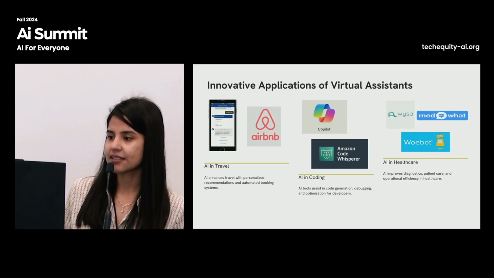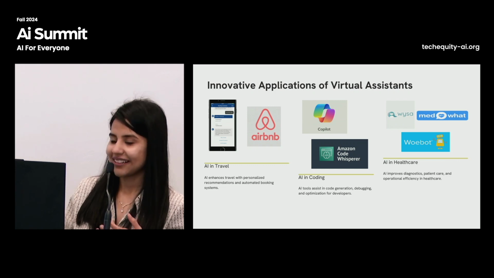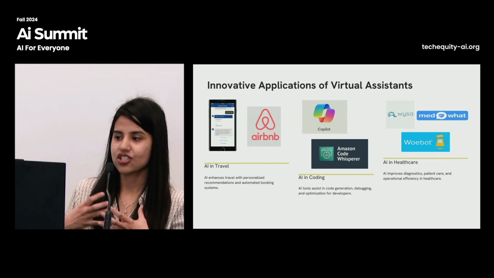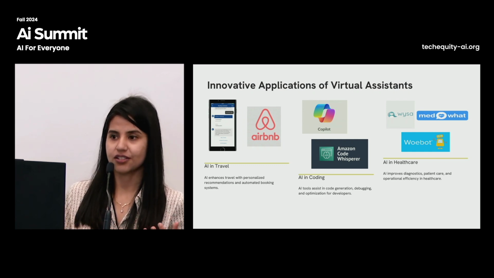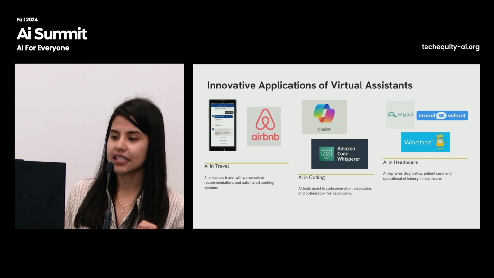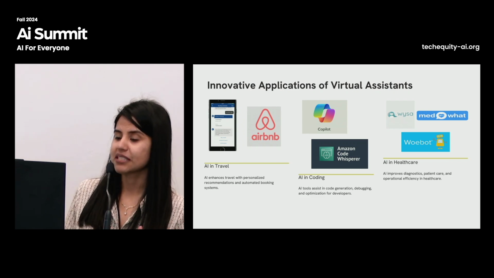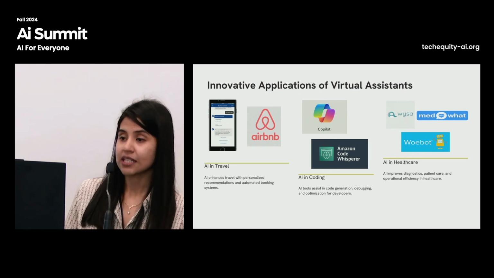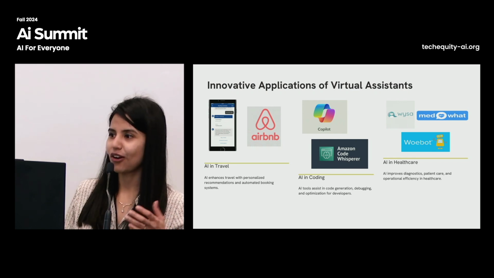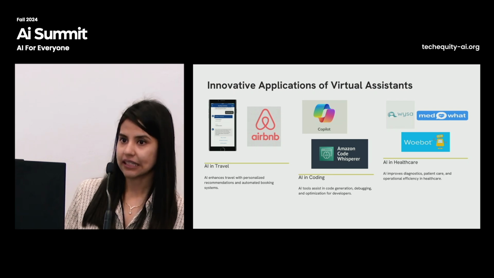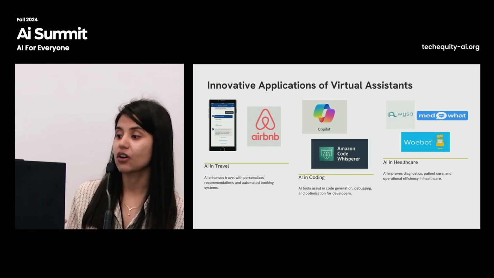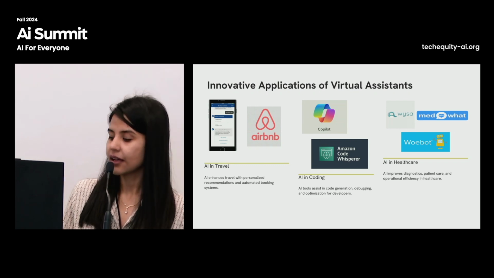First of all, virtual assistants in general are everywhere. This has become so clear in the last, I guess, 2 years. We see them in travel to give people more personalized recommendations and even do automated booking systems, as coding assistants for software engineers like all of you here, and even in healthcare, where they are improving diagnostics and bringing more personalized patient care.